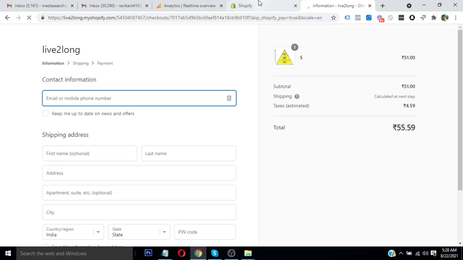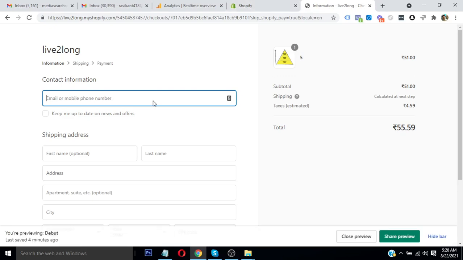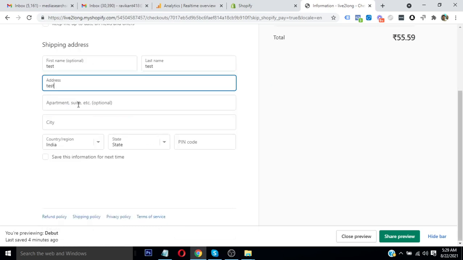We have to wait for the window to get loaded. Okay, let's start. We need to add our email ID, test, again test, copy paste.